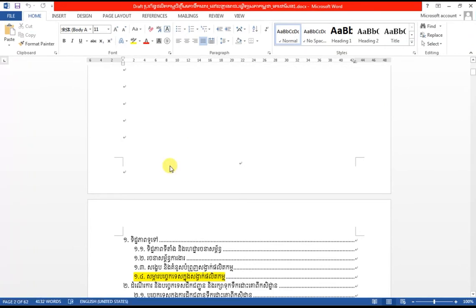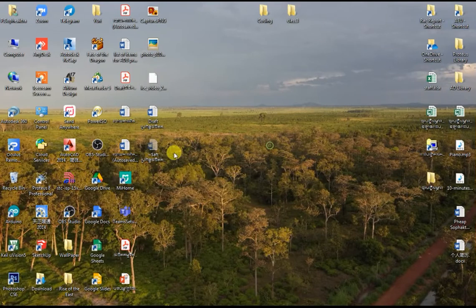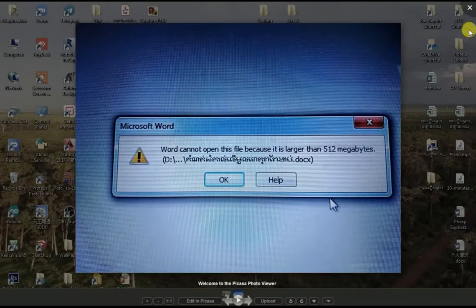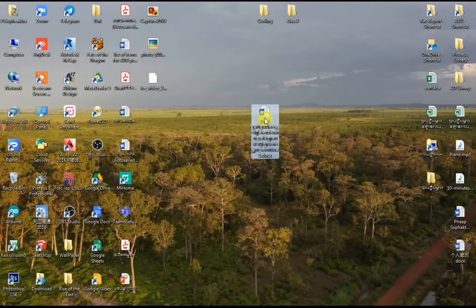And now we assume that we have added maybe too many images within it, so that it exceeds 512 megabytes, and then we save it and we close it. So now I'm going to close it, and let's assume that when we try to open it again, this pops up. So now all we have to do, we have to rename it and delete the docx extension at the end